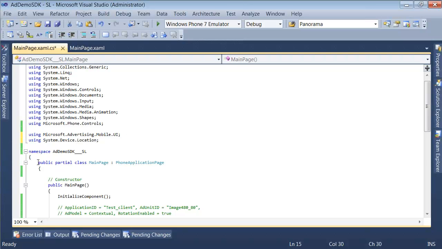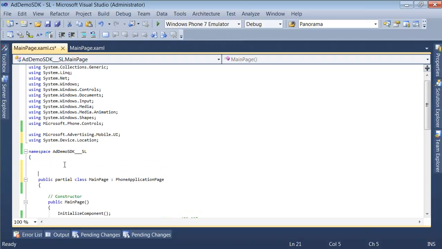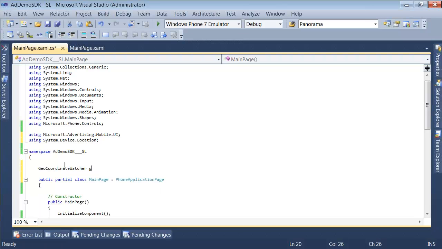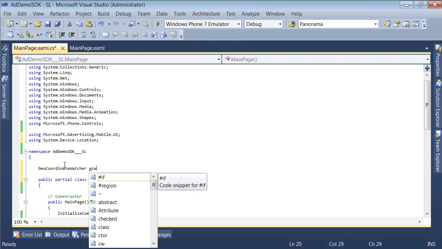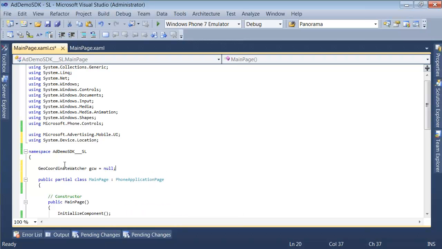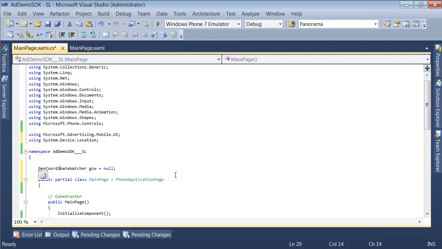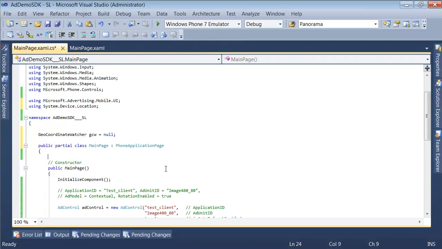and then up here we're going to add a GeoCoordinateWatcher. Got a feeling it's not seeing it. Did I leave something out? That's another place. Yeah, it should be good. Okay. And then in our constructor,